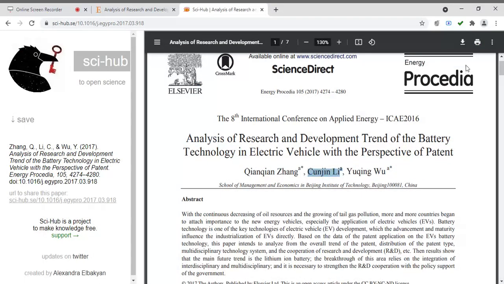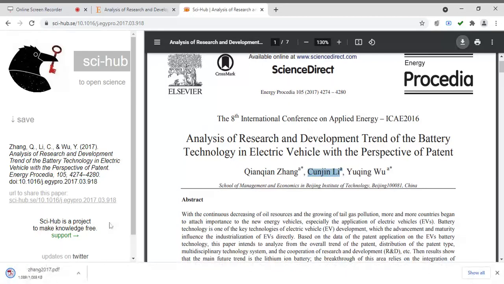Okay, and after that you can click on download. If you wish to download this paper, you can click on this download button. This paper will be downloaded. You can save a copy of the paper as per your requirement. You can click on save. The paper will be downloaded. Over here now you can see the paper is downloaded. The size of the paper is 1 point something MB, and you can open the paper from here also.